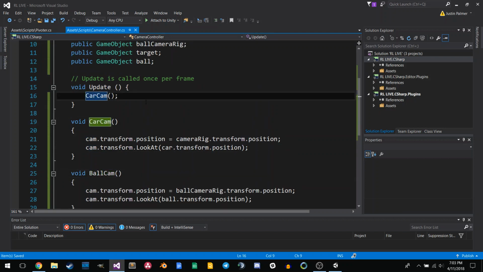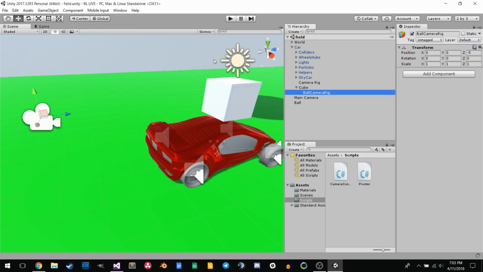So let's go ahead and remove car cam and replace it with ball cam. And if we run this, we should get a very similar